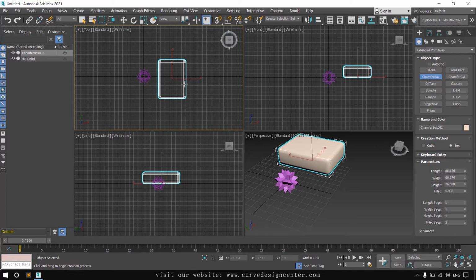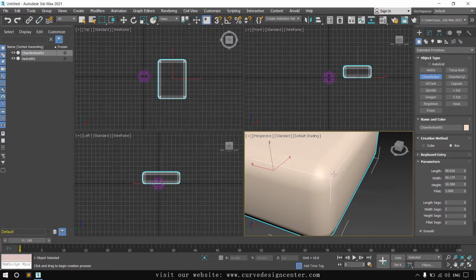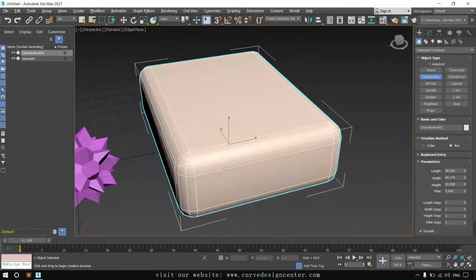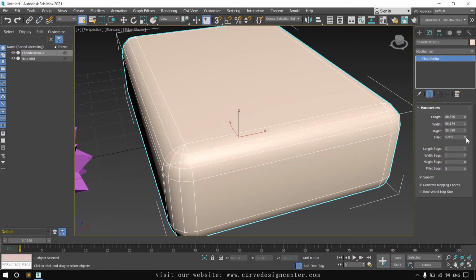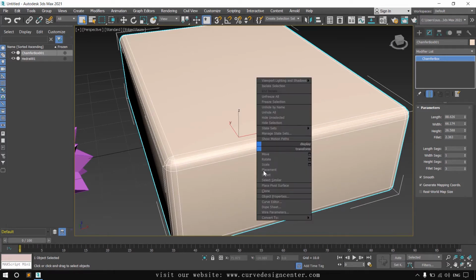By creating this fillet, some smoothness is on the corner like this. So you can change the fillet value and the segment of fillet by choosing these parameters. I go to modify section and change the fillet value like this. If you want to make it little sharp like this, and these are some other segments like other standard primitive.